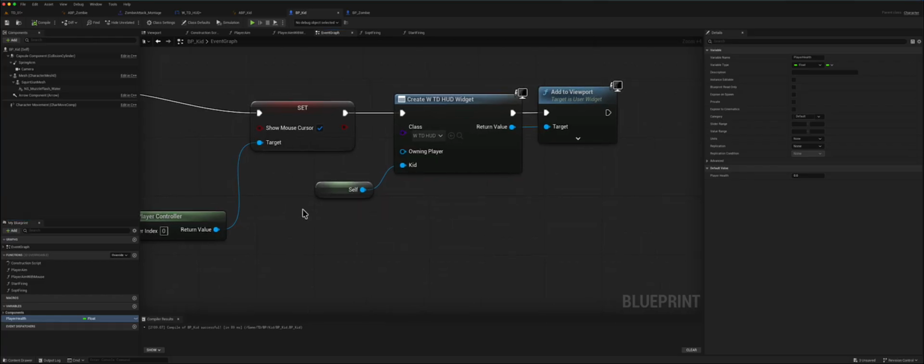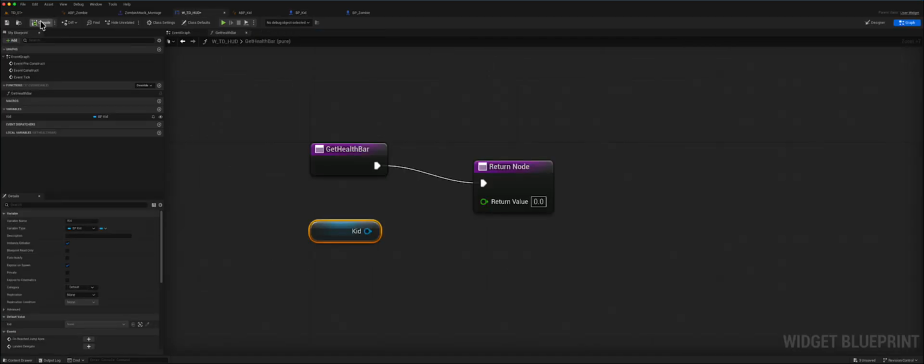because a lot of times it's where I get a lot of questions, like, well, why isn't this working? It's really compiling and saving a lot. So if we go back to our HUD here and we compile and save this,